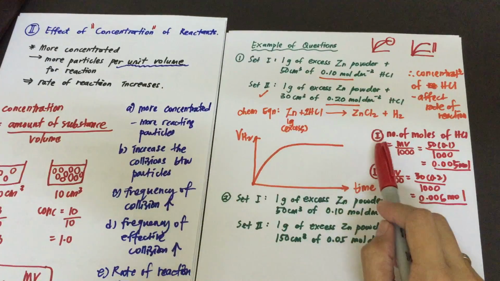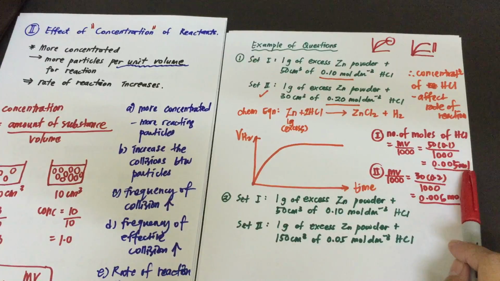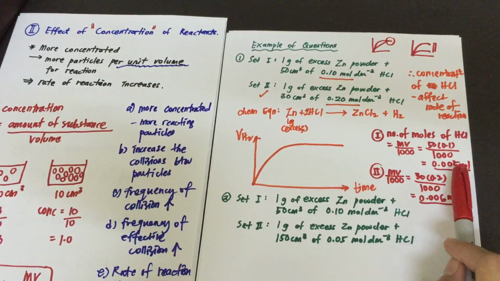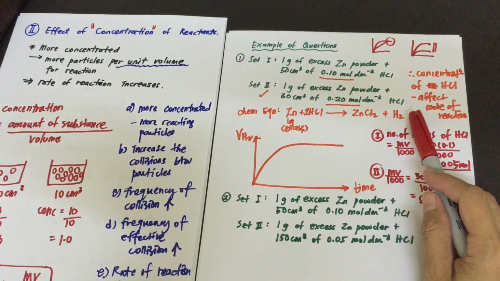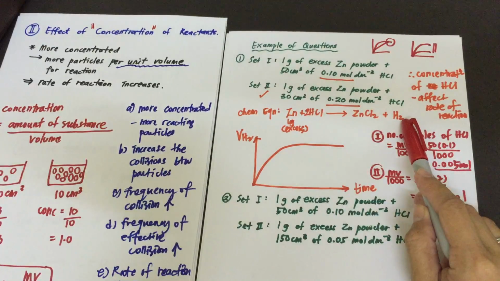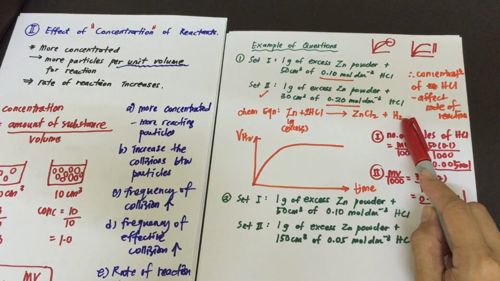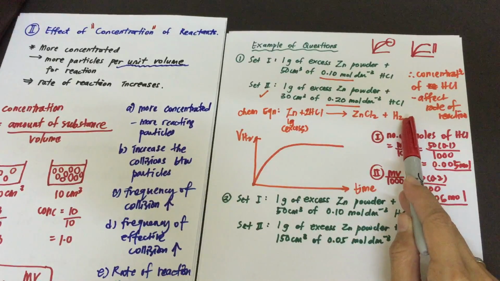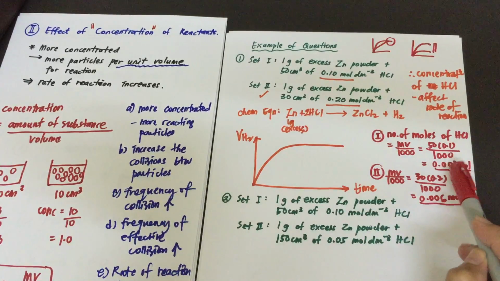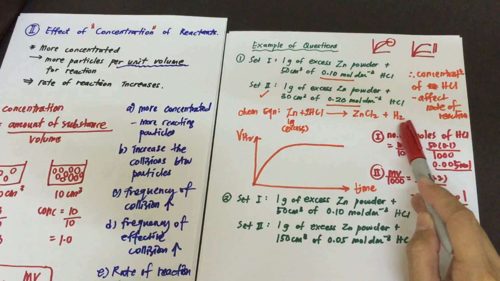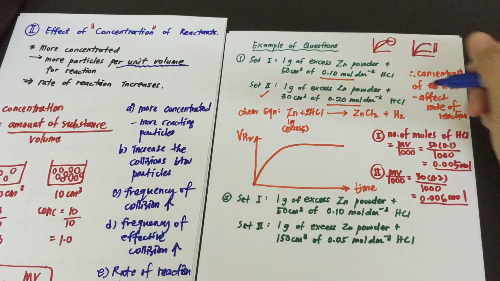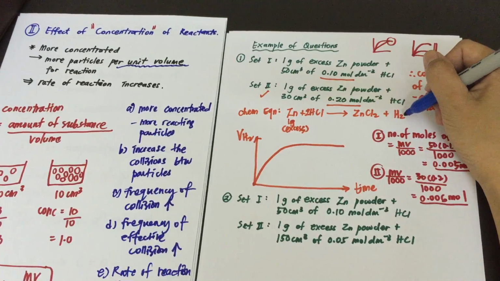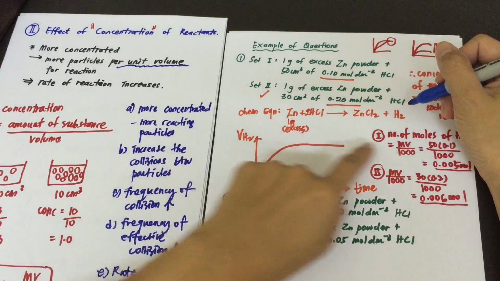gas. So for the first set, if the number of moles of HCl is 0.005 mole, then the number of moles of hydrogen gas will be 0.005 mole divided by 2. So how should I say, put down here? So for the first set, the hydrogen gas is